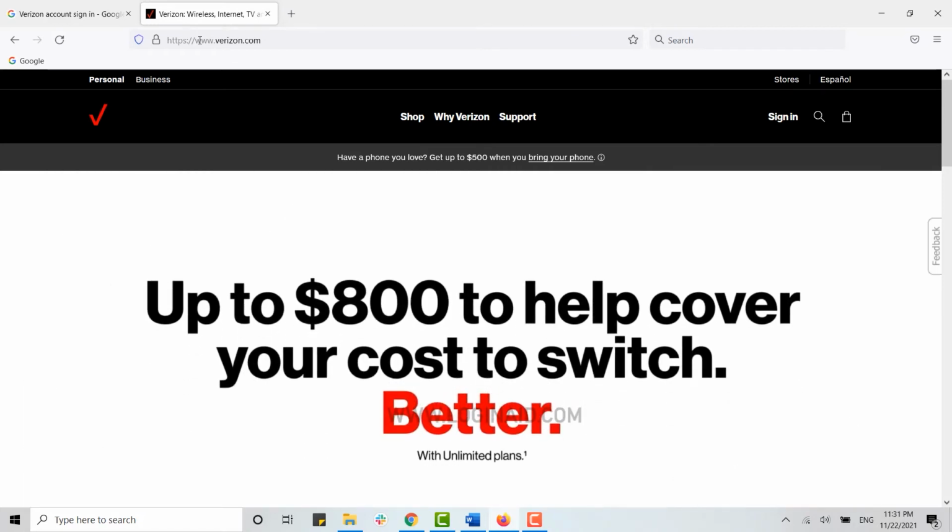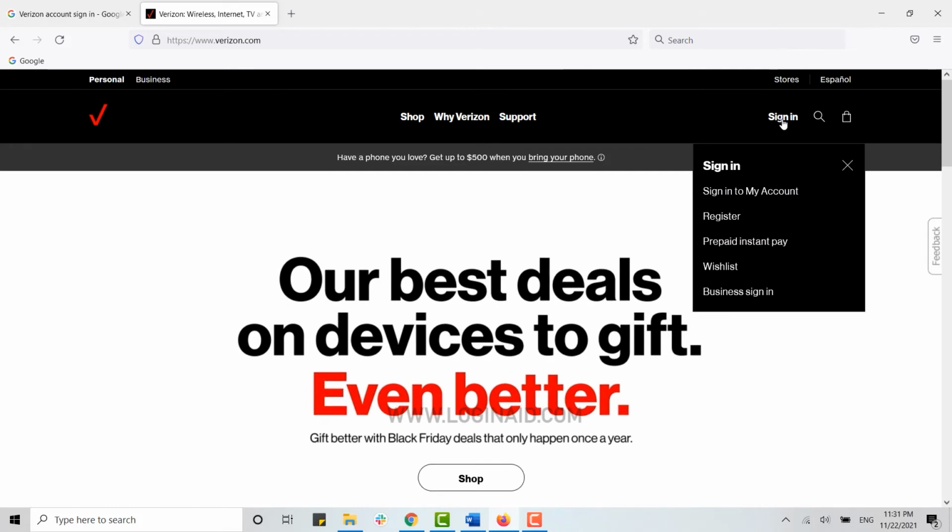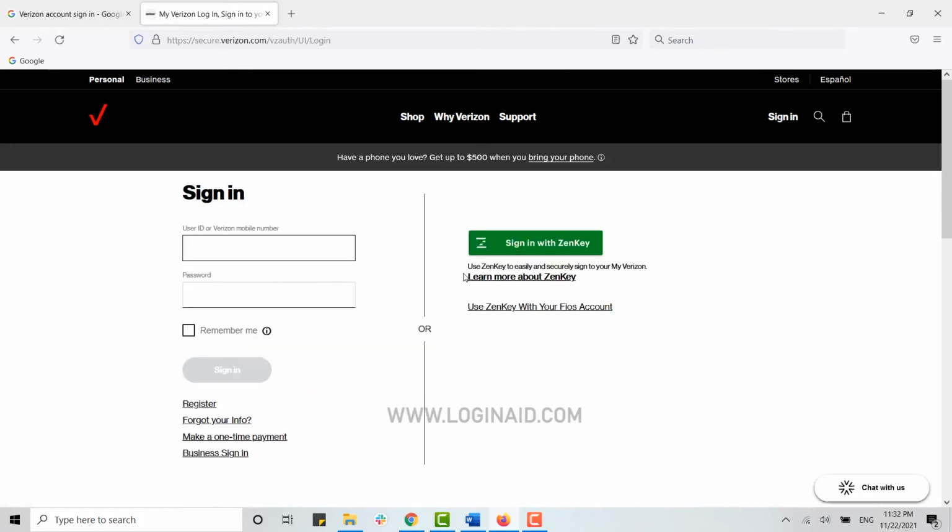Now here you need to click on sign in on the right side of your screen. Over here, click on sign in, then click on sign in to my account. Now to sign in here, you need to provide your user ID or the valid Verizon number. You provide your number over here and then you type in your password. Once you've provided both the details, you click on sign in, and with that you will be logged in to your